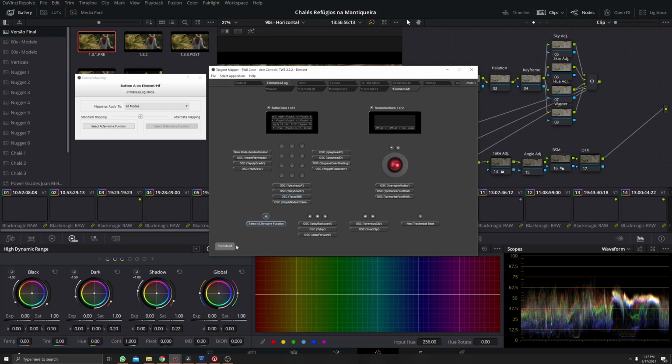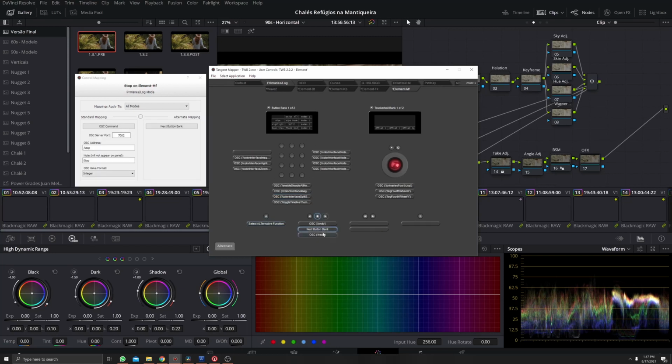And if you press the alternate key and stop button, you're gonna change the button bank. And changing the button bank, you go to the second bank, which controls your color interface. So you can open and close gallery and keyframes and LUTs, etc. And that's it for the control of your interface. So this is a default for any color mode.